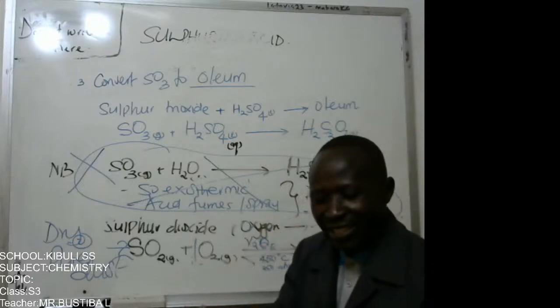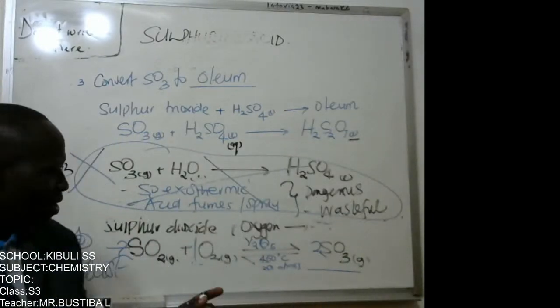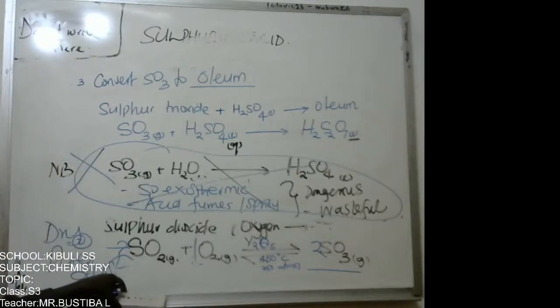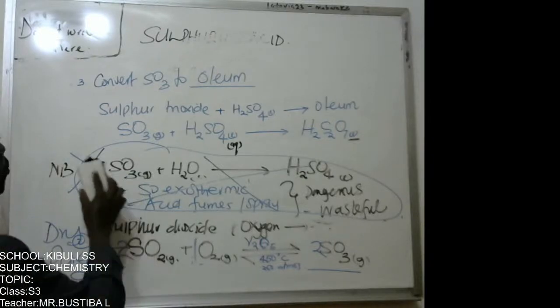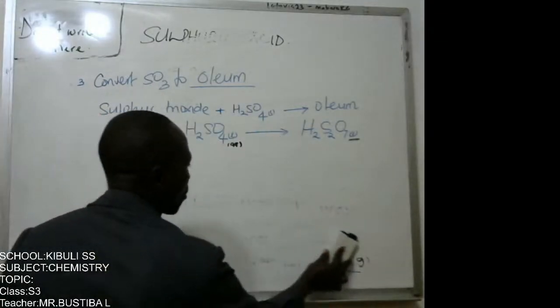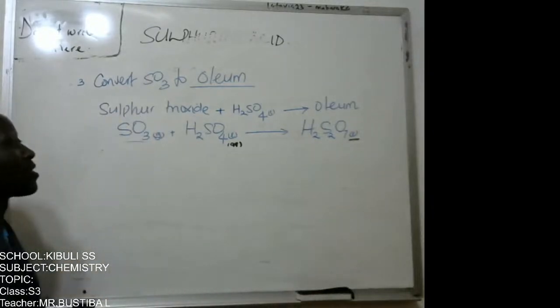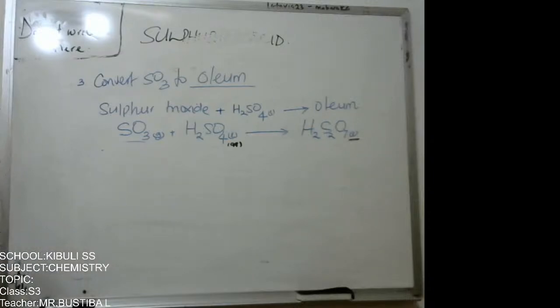The reaction is silent, and moreover gives a lot of product. There is no risk. So who doesn't want things that are polite and humble and good? So we shall choose dissolving the sulfur trioxide in sulfuric acid to form oleum, other than dissolving it in water to cause problems. So that is step number what? Number 3. So what is step number 4? Step number 4. Lastly,